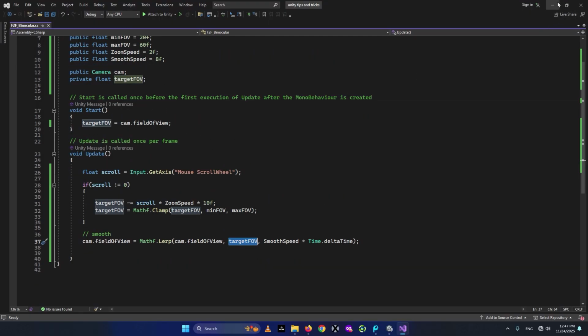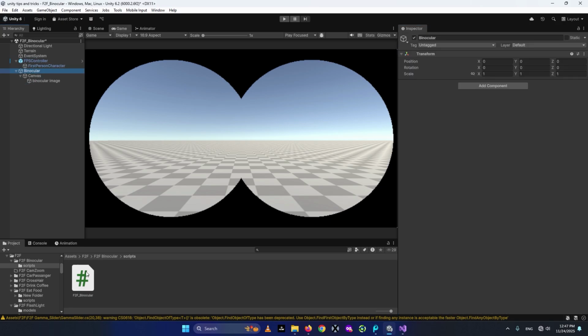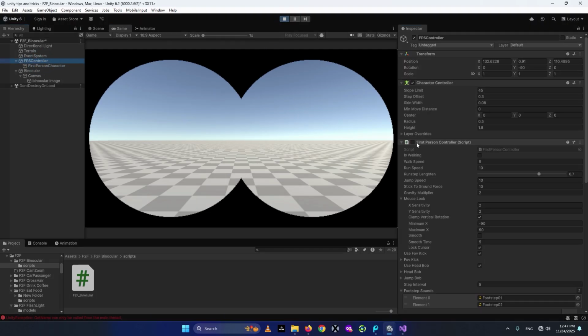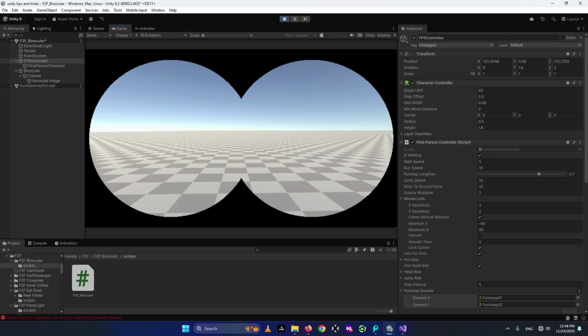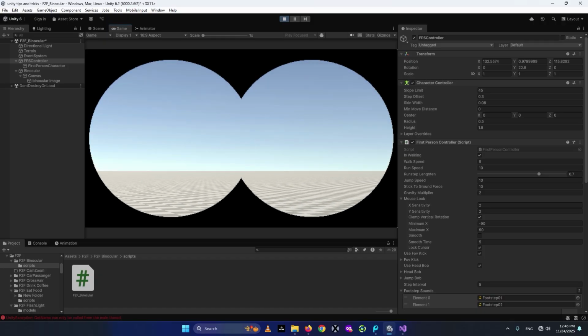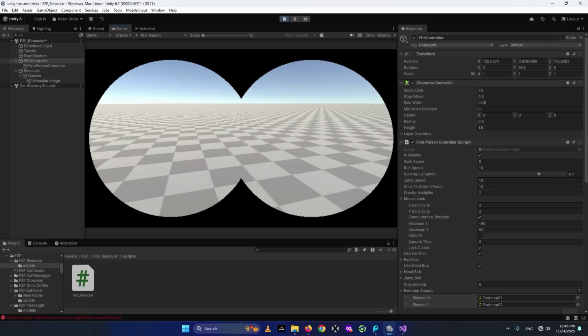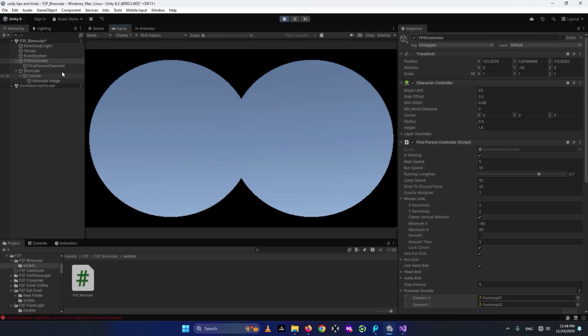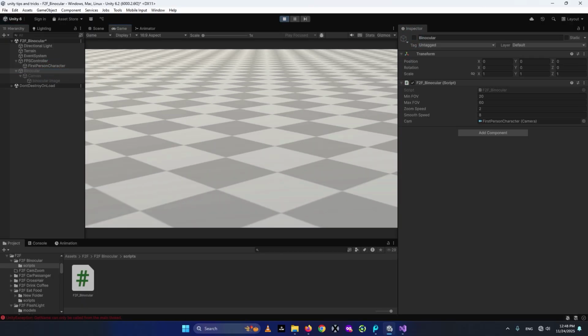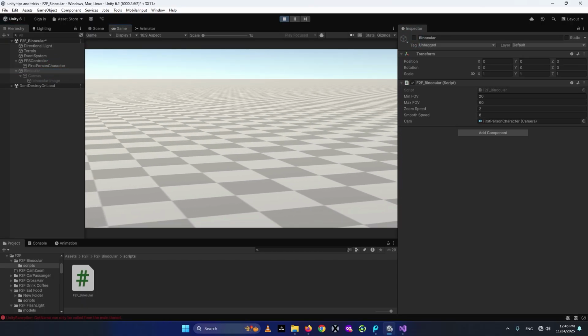You can go ahead and check it out actually. So we go to our binocular, we give it the script, it needs the reference to our camera, we can give it the reference, and right now yes, we can do it. Go ahead and check it out. If I activate my first person controller, we can move, we zoom in as you see, and we zoom out. The problem is if you're zoomed in and we disable the binocular, the camera stays zoomed in and we cannot